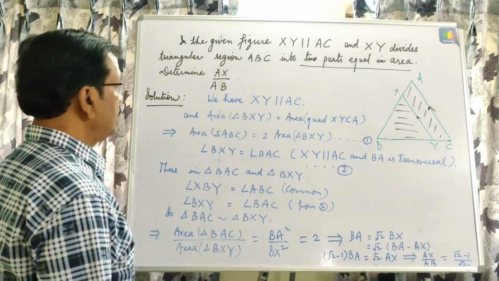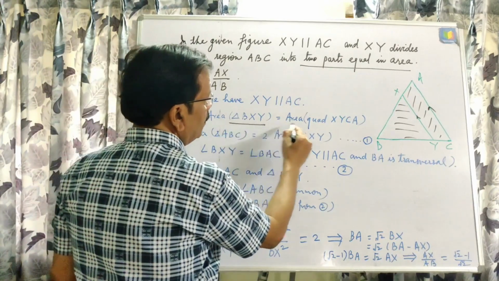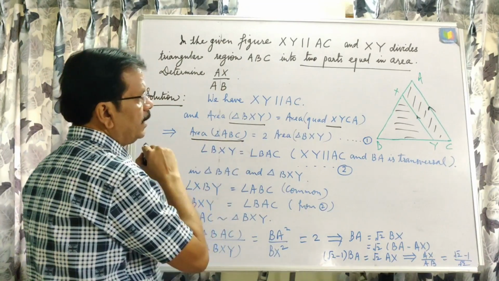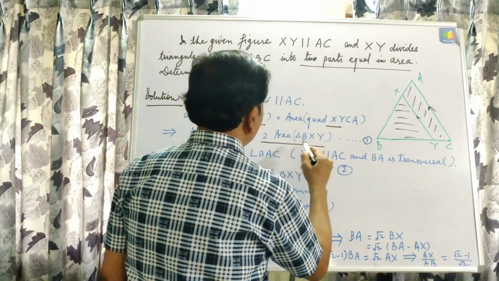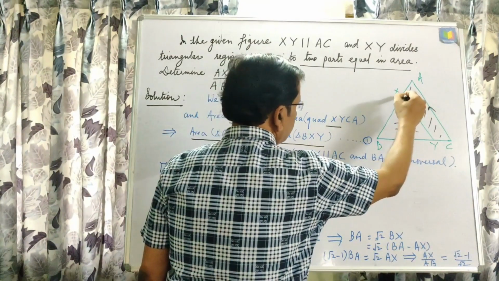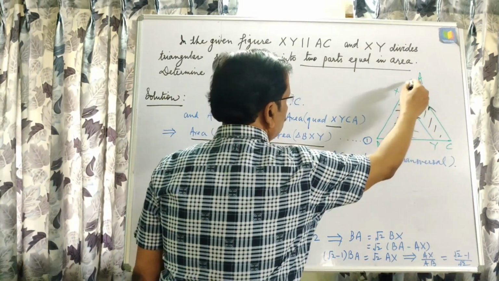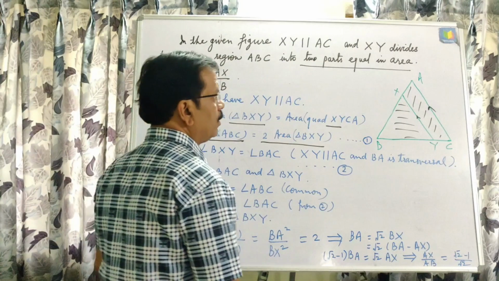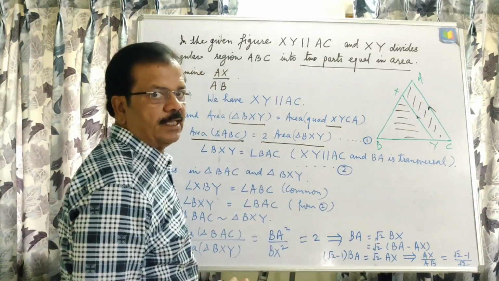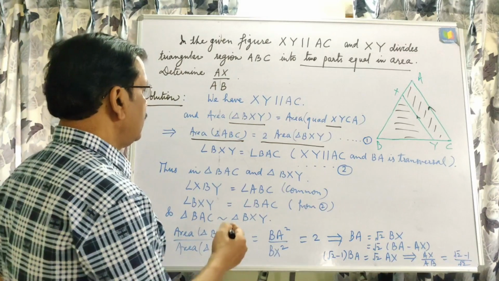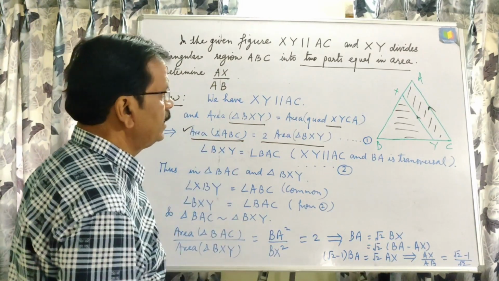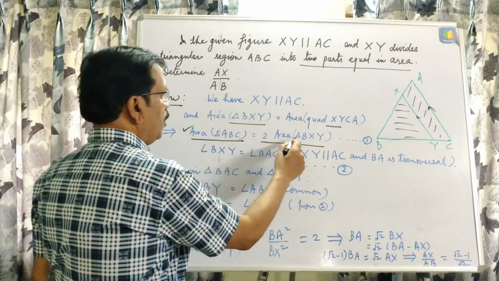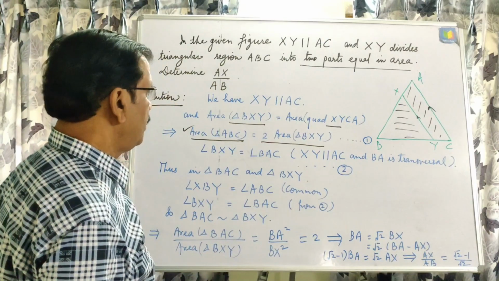Okay. Now the first equation we are getting, area of triangle BXY is equal to area of quadrilateral AXYC, but area of triangle ABC is twice the area of triangle BXY. So since this divides into two equal areas, area of triangle ABC can be taken as twice the area of BXY or twice the area of AXYC. Any one we can take. But for simplification, this is required, and that is why we will take area of triangle ABC is equal to area of triangle BXY multiplied by 2.